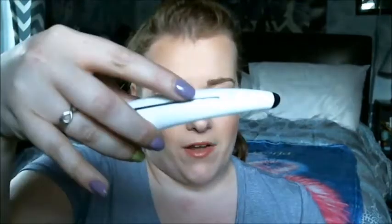So with E.L.F. you get free shipping if you order, I think, $25 or more, and you get like a free gift. So that's what I did. I jumped right on it and I ordered it. I love this thing. It's battery operated. It only works if you have your finger on this little metal part, and then when you touch it to your face, it has a really light